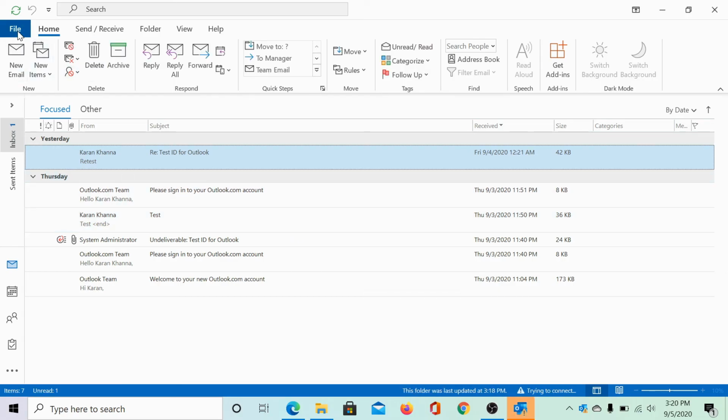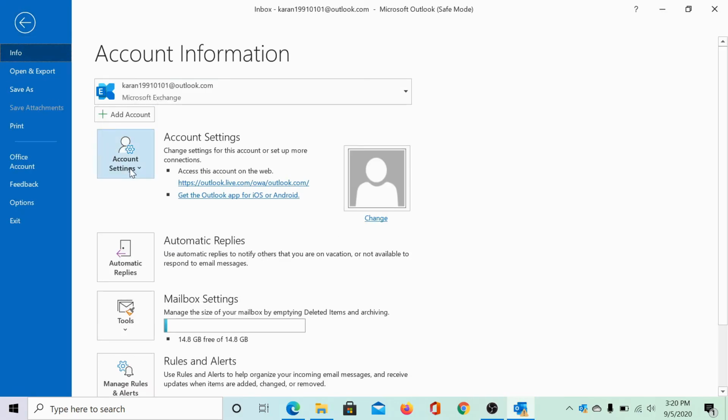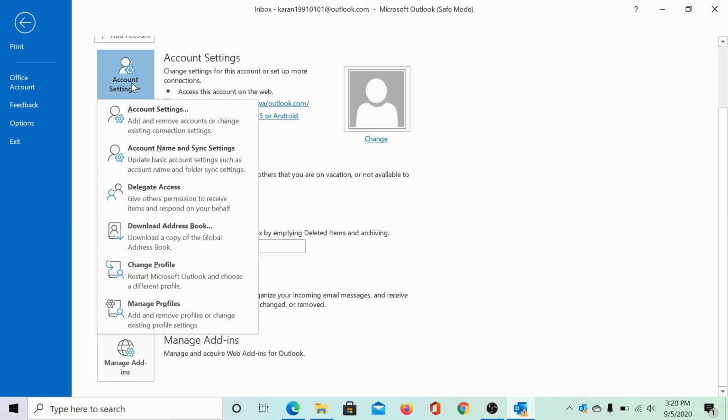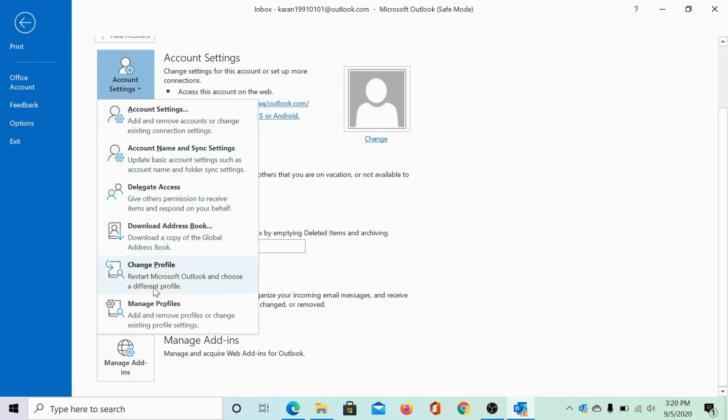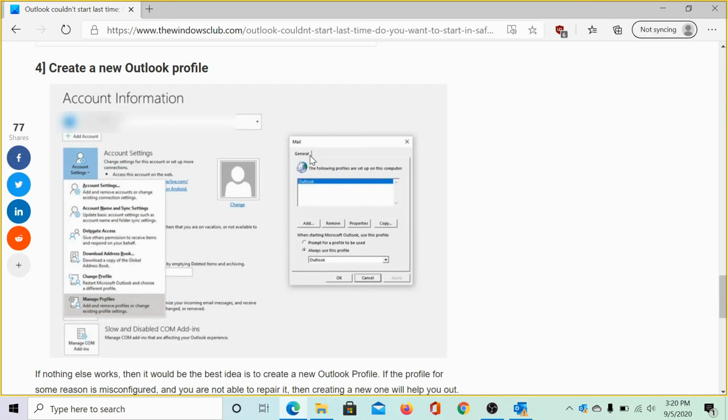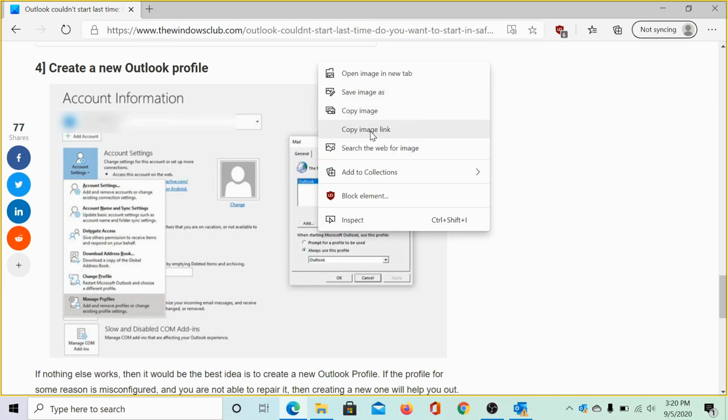Then click on File, select Account Settings, go to Manage Profiles in the list, and you would notice a little window like this one as shown in this image, which would mention Outlook as a basic profile. Click on the Add button as shown here and select Apply and then OK. It will automatically start creating a new profile.